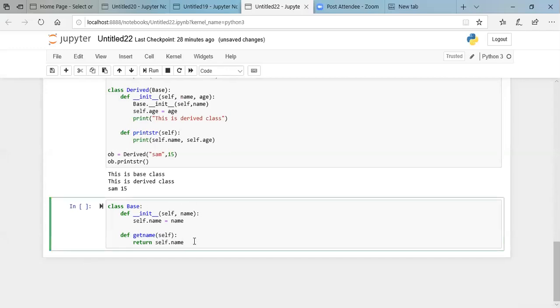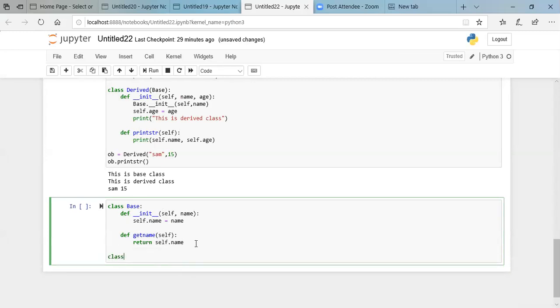So you can see here, this is one base class that we have defined over here, which consists of two methods. One of them is a constructor. Other one is a method that we have defined, get name. Okay. This constructor is taking the name attribute over here. So whatever is this name value that we are storing for that object, self dot name. And this get name would simply return whatever is the value of that name variable.